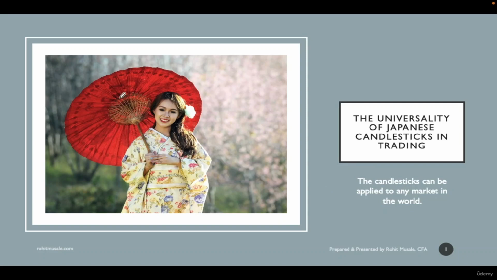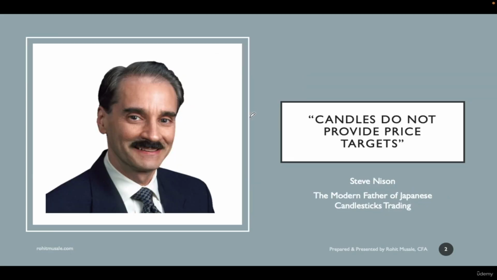So this is level 9 of the Japanese Candlesticks Trading Mastery Program. Welcome back. As we all know, there is universality in Japanese candlesticks trading, which means the candlesticks can be applied to any market in the world, whether it is stocks, commodities, forex, even interest rates, as we will see in this particular level. And as always, before we begin any level, let us give some gratitude to the person